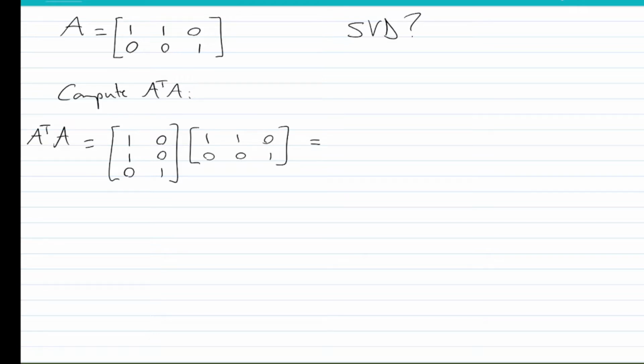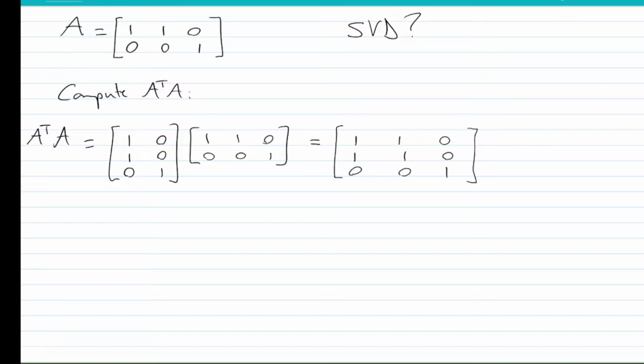So 1 times 1 is 1. 1 times 1 is 1, plus 0 times 1. 1 times 1 plus 0. And 1 times 0 plus this. A second row, I get a 1. I get a 1 and a 0. And last row, I get 1 times 0 plus 0 times 1 is 0. 1 times 0 plus 0 times 1 is 0. And 0 times 0 plus 1 times 1 is 1. So that's my matrix A